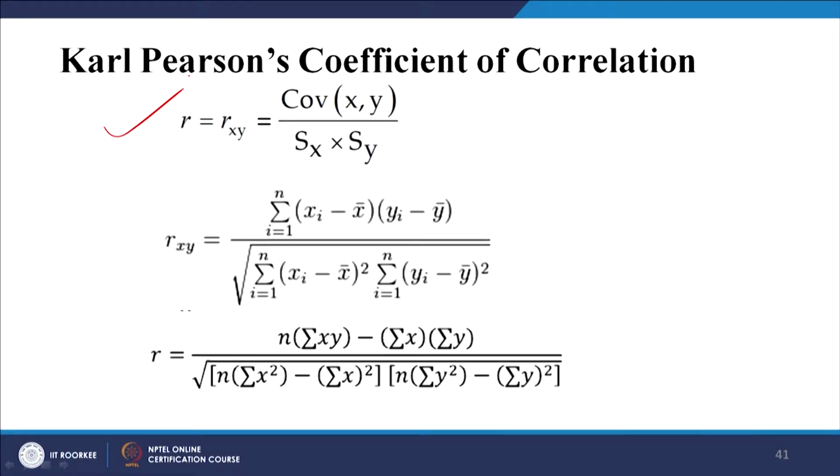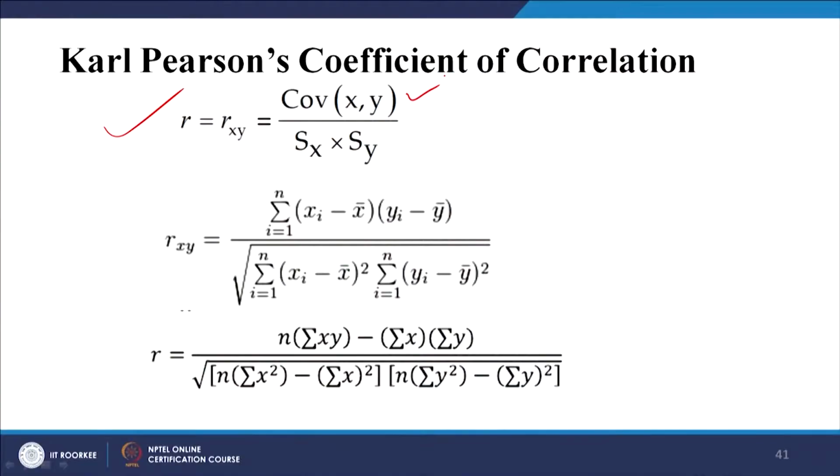So, how do you measure the Karl Pearson's coefficient of correlation? The formula is very simple, you need to understand. So, what we said, correlation is a standardized form of the covariance, right. So, if I divide my covariance value between x and y with the standard deviation of x and standard deviation of y, this is what it becomes as my coefficient of correlation.